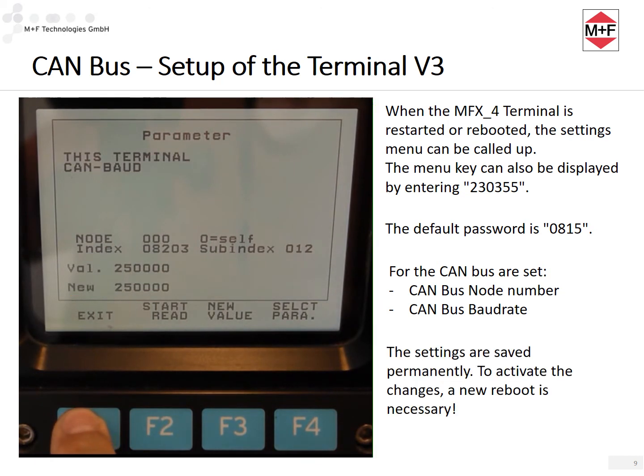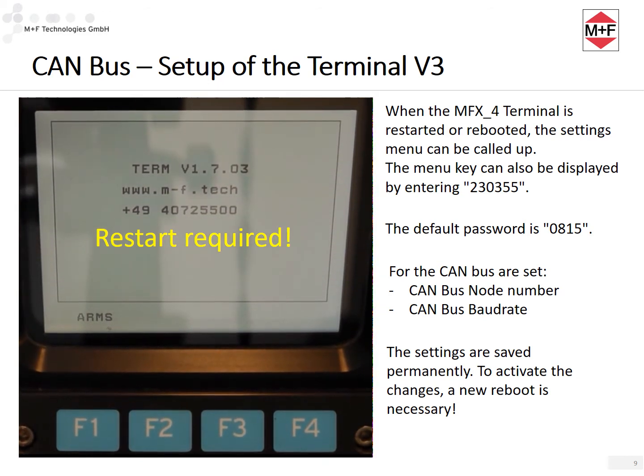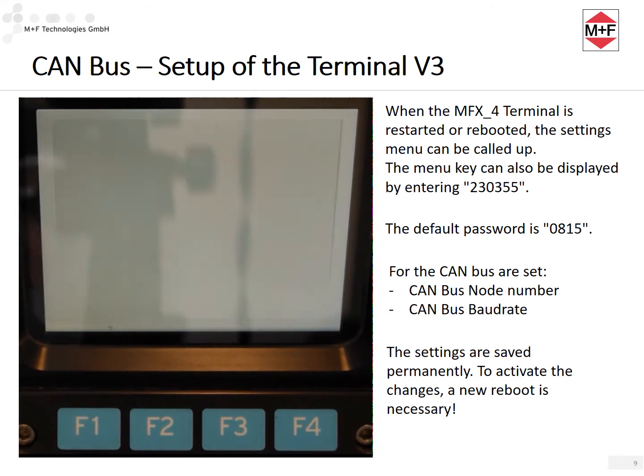Finally, we select Exit. Our settings are now permanently stored in the terminal. Now a restart of the device is necessary to activate our new settings.